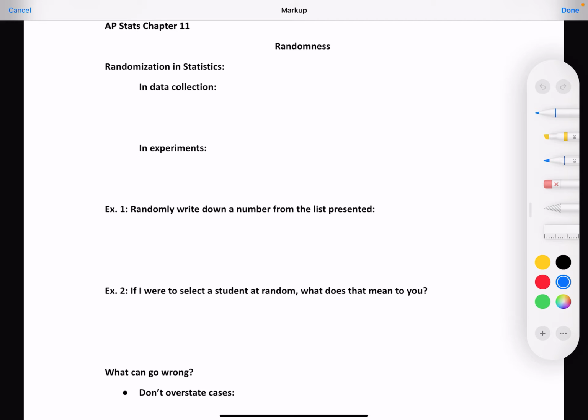She would understand. Yes. So randomization in statistics and data collection, random sampling, to avoid bias.